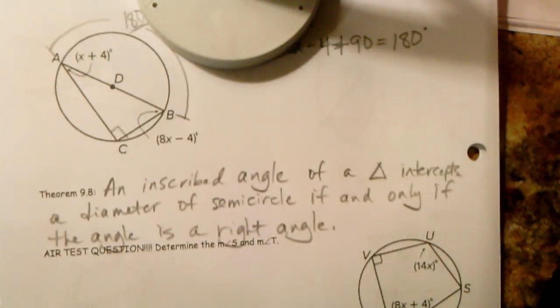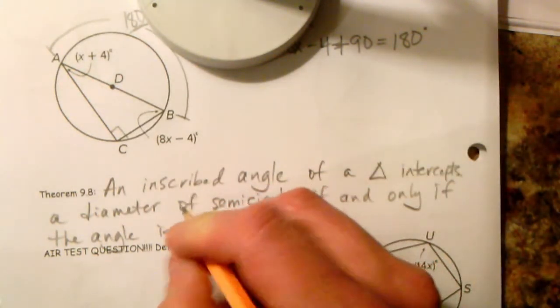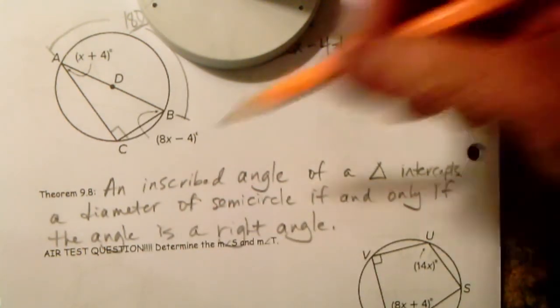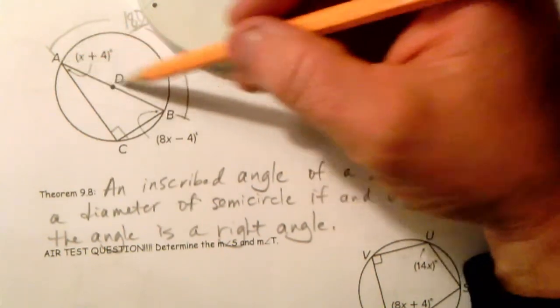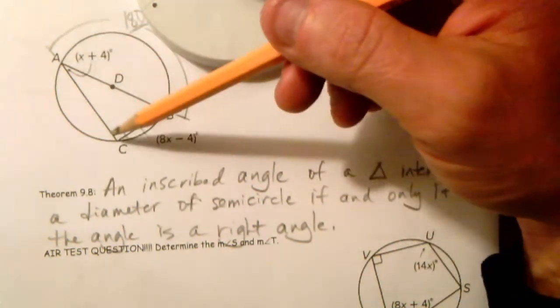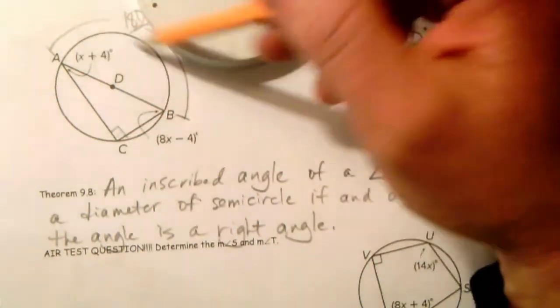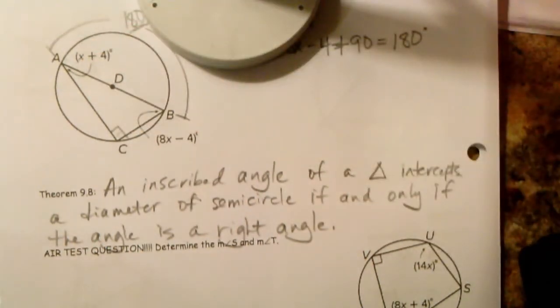or semicircle, I think it should be or semicircle, if and only if the angle is a right angle. Okay, so it intercepts the semicircle or the diameter if and only if this is a right angle. Okay, and vice versa. If this is a right angle, then we know that arc is going to be 180